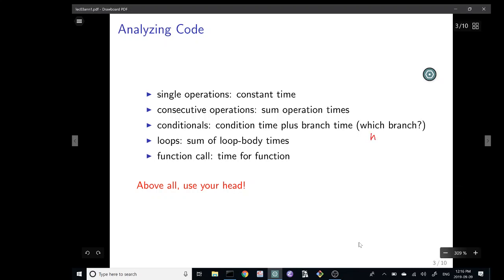If you're a pessimist, you find the max length branch that could be taken. So if there's an if clause, you believe the worst. And then loops, you sum the loop body. If you have a loop, there's something going on inside, you have to sum that up. If the loop contains a loop, then you figure out how much the inner loop takes, and then sum that for the bigger loop.